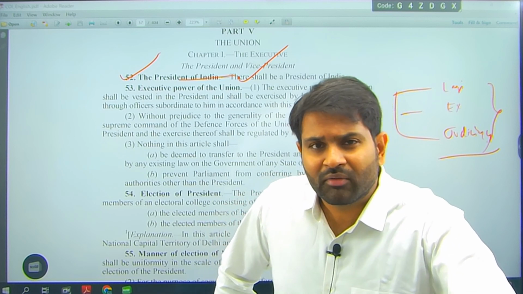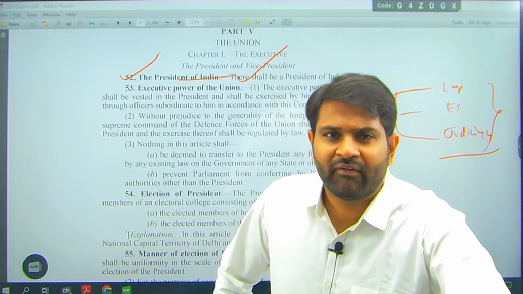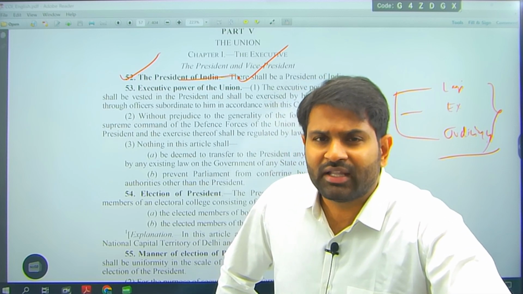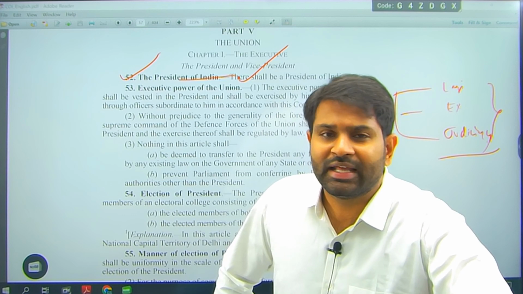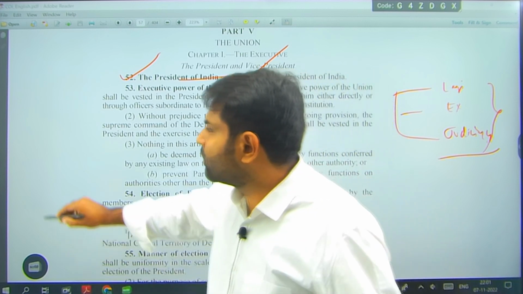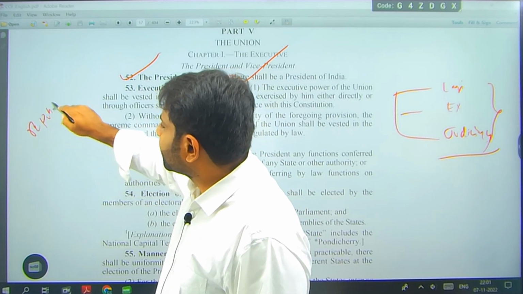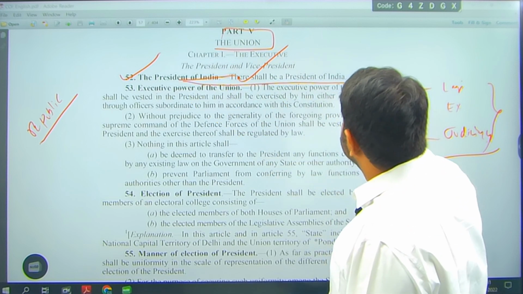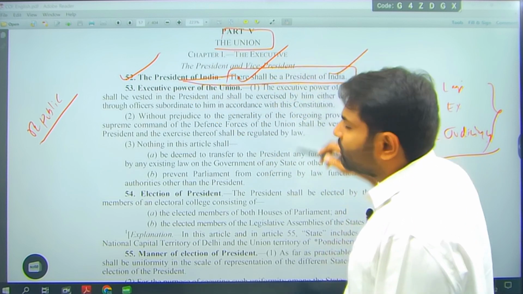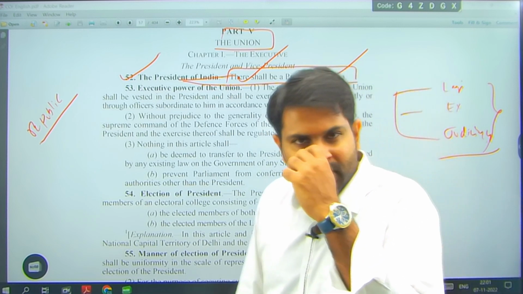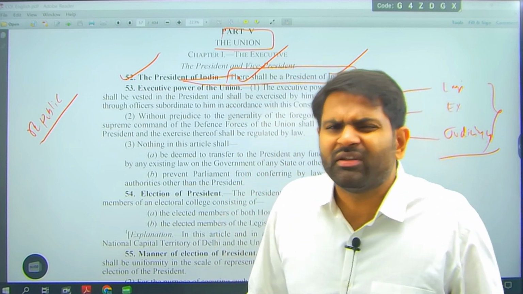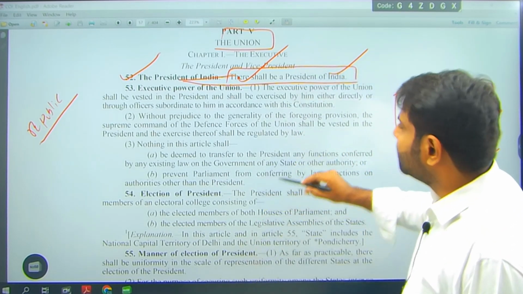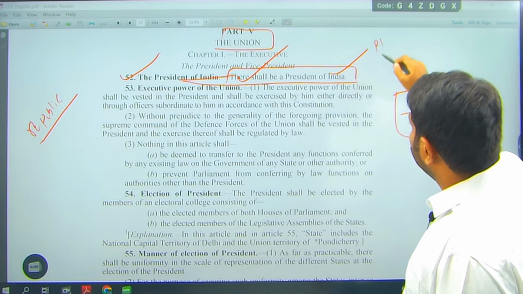In a country where we have democracy, we clearly mention that there is a President of India. Since the President of India is indirectly elected, we are talking about a Republican form of government, Republic. When we speak about the President, we need to be clear about the role of this president. Does he have the real power? No, he has nominal power. Who has the real power? The Prime Minister. I'll tell you the line, take it down.